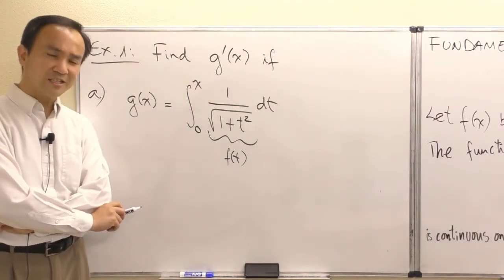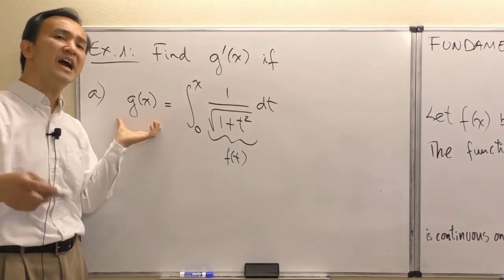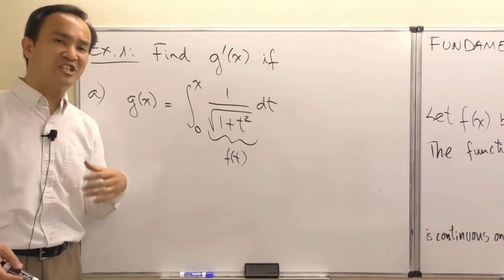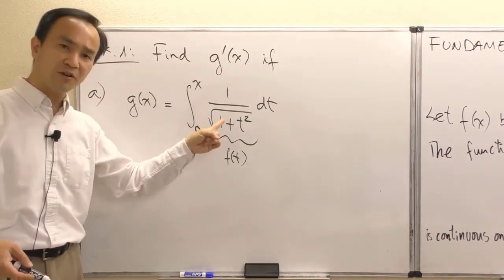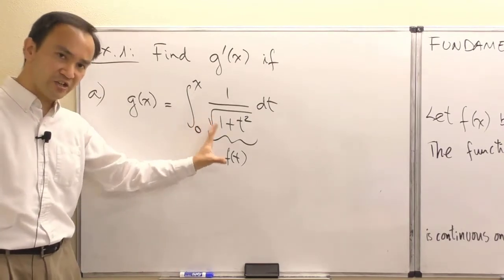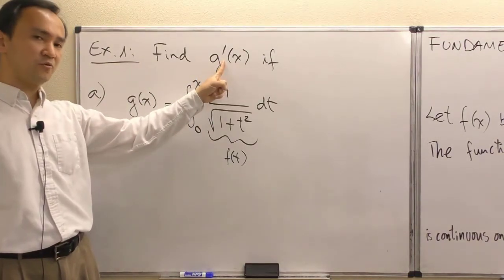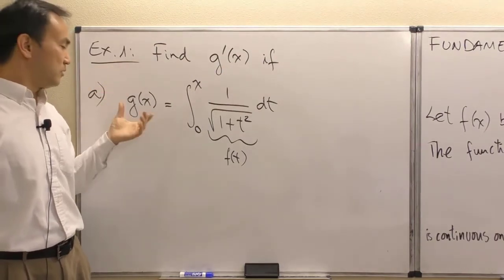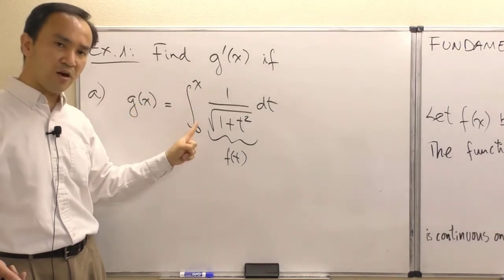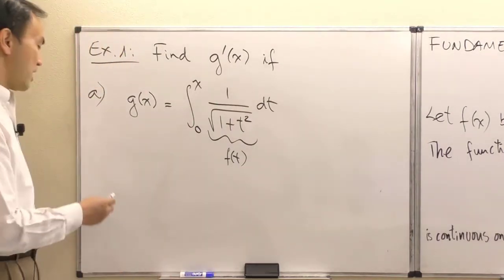And now again, if anyone is still having that plan in mind that you're going to go ahead and find the antiderivative here or attempt to find the actual function of g in order to find g prime, you are leading yourself into a very challenging path, because good luck with finding the antiderivative here. I'm not saying that it's completely impossible to do, but it's very challenging and it will take a lot of time. Okay, and the point now is that we want to find that derivative without knowing the actual function of g of x. We only need to know, hey, g of x is the function that came out as accumulation on this f of t function. That's all, and that's it. Okay, and so in that way,